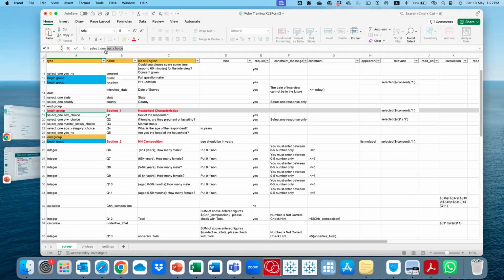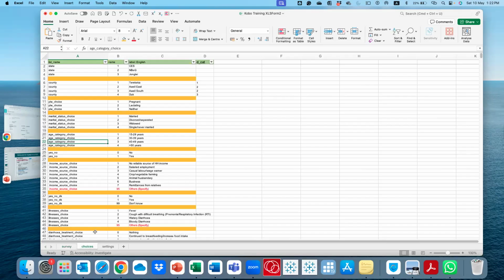Okay. So you'll have two words here. The first one is the type of the question. The second one is where the choices will be selected from, right? So in this case, they'll select it from sex choice. If you didn't want to put sex choice there, you can just say sex. That means when you come to the choices, the list should be labeled as sex.